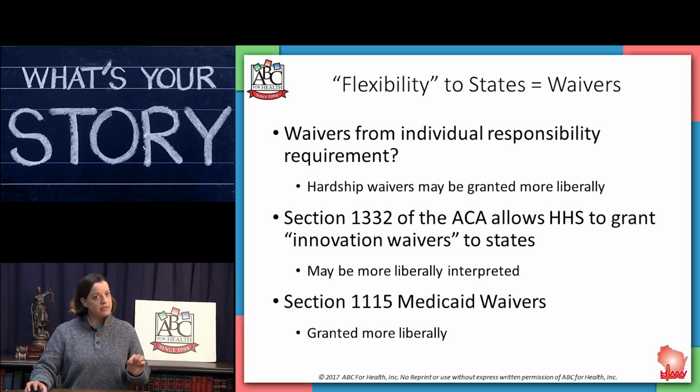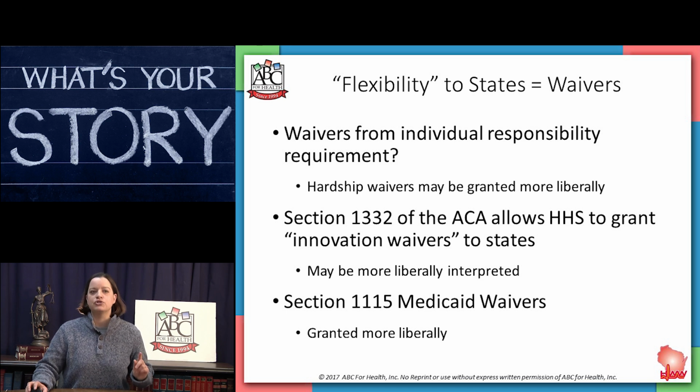There's a little flexibility written into the law that says if you have a hardship, you don't have to have private insurance or minimum essential health coverage. Now, the little bit of flexibility that this executive order might be giving us is broadly or more liberally defining hardship. Now, remember, you still have to define it within the confines of law. Not wanting insurance is not a hardship that would grant you an exemption from purchasing insurance. So there's a little wiggle room there, but not too much. That might be one instance we're going to follow in the coming weeks.